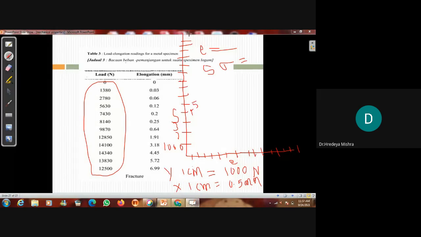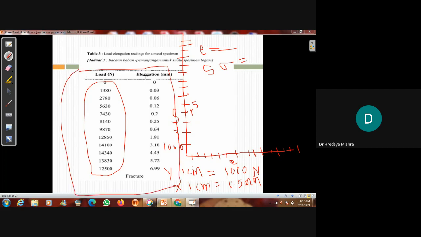Around your 6-inch scale is the y-axis, and here 0.5, and here 7 mm is there. 1 centimeter equal to 0.5, and your y-axis is also equal to the 6-inch means 15 centimeter. Means you can draw a line X direction 15 centimeter and Y direction 15 centimeter